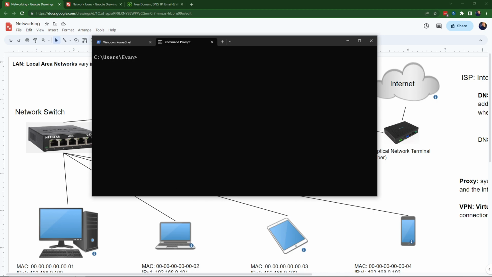Now let's think about some other commands. Let's say that I want to make sure that that router is up, so I want to make sure that it's working. So I can use the ping command. The ping command will allow me to check and see if my router is even responding. And so I could do ping